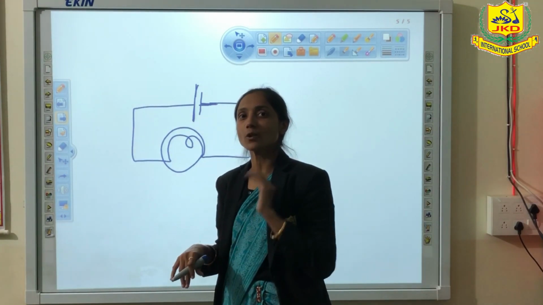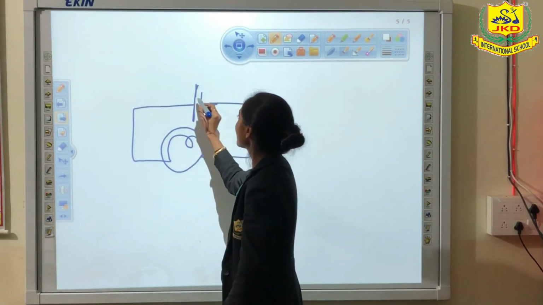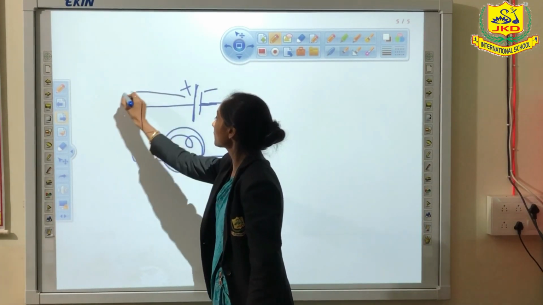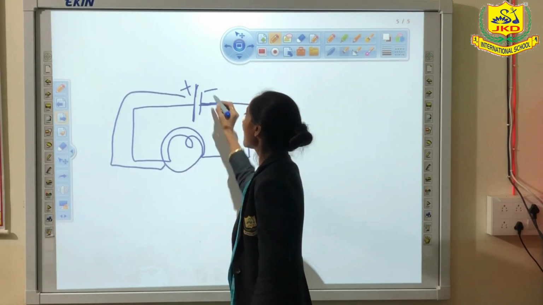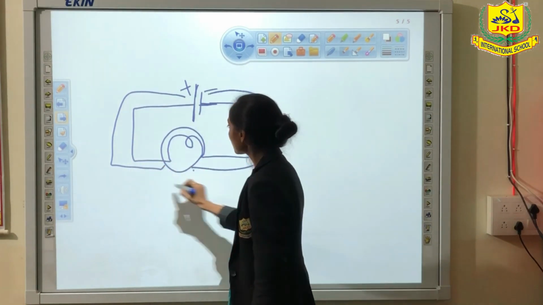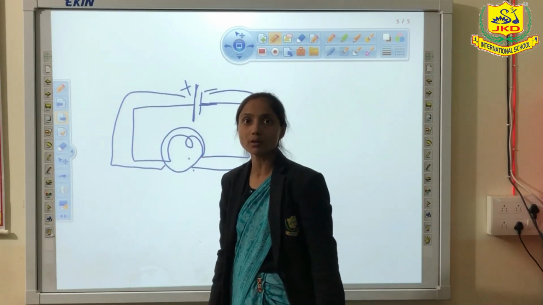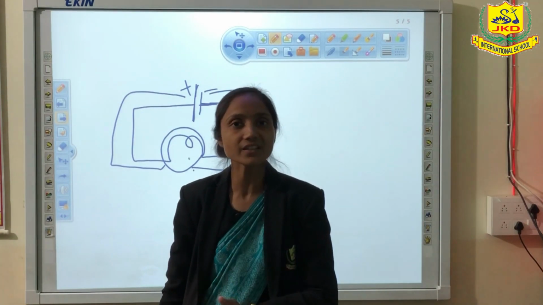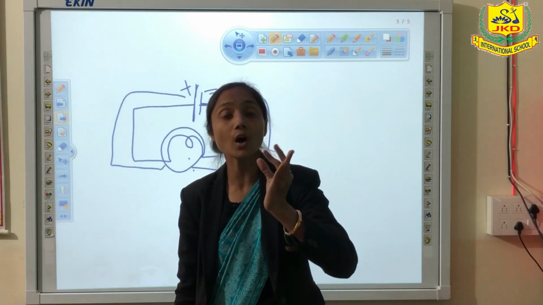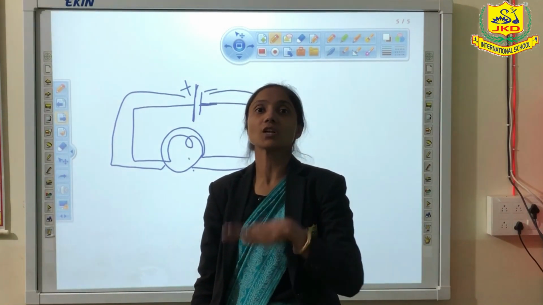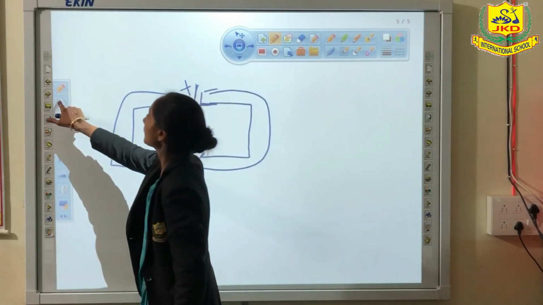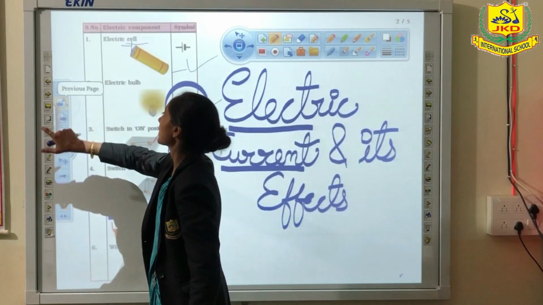I think in 7th class you have to look at your textbooks. So here it is a positive terminal and here it is a negative terminal. Current flows from this positive terminal to the bulb and from the bulb to the negative, and the bulb glows here because it is a closed circuit. Whenever there is a closed circuit, when the switch is in the on position, then only the bulb will glow. Like this you have to understand the other topics which we have already learned.